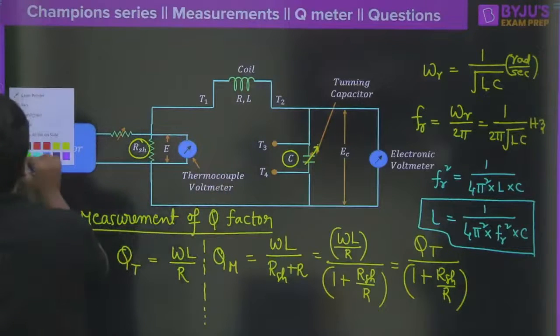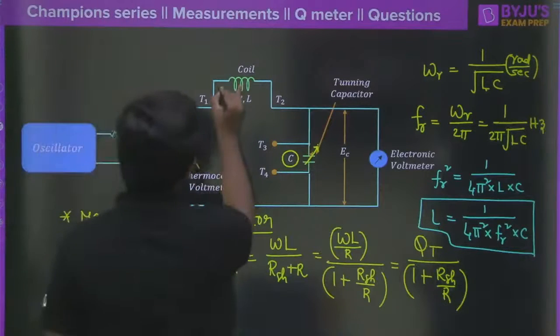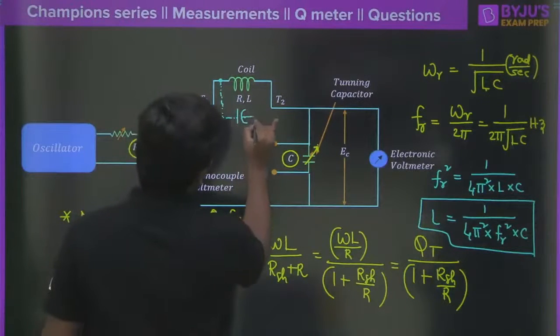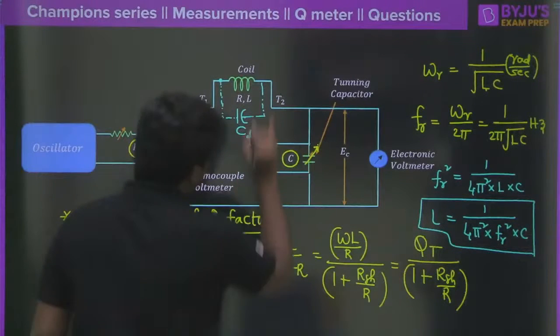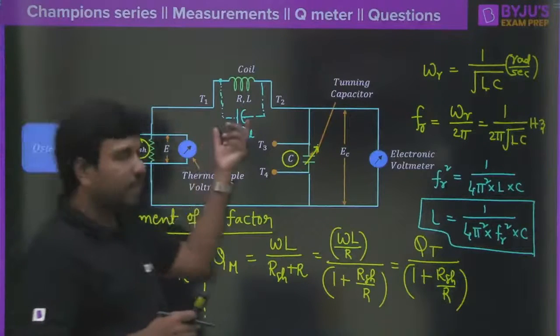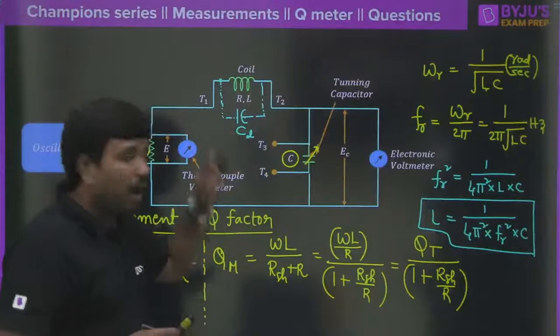So let me draw that so that many of you will get the idea here. So let me write down, right? So here we will be having distributed capacitance. Let me write down that as a CD here, right? Now the great point here is, when you write this as a CD here, so CD will also participate in